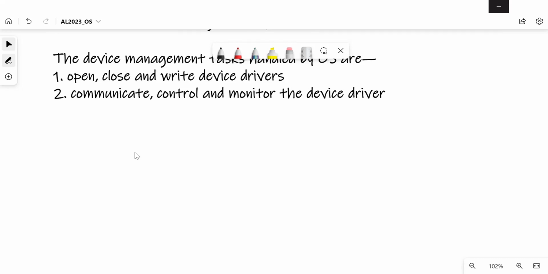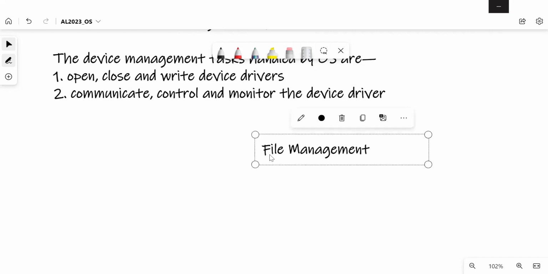You can control, communicate, and monitor with device drivers. Okay. Let's move to the next one. It's called file management. The next one we are going to talk about is file management.